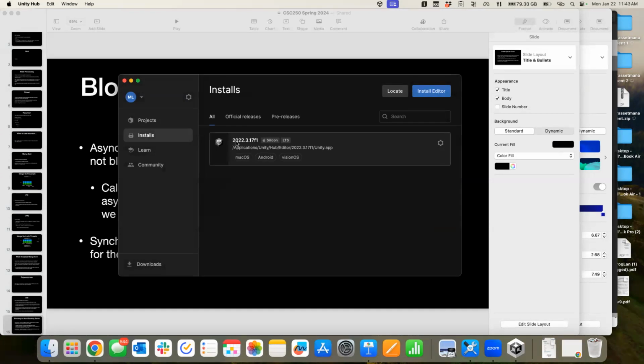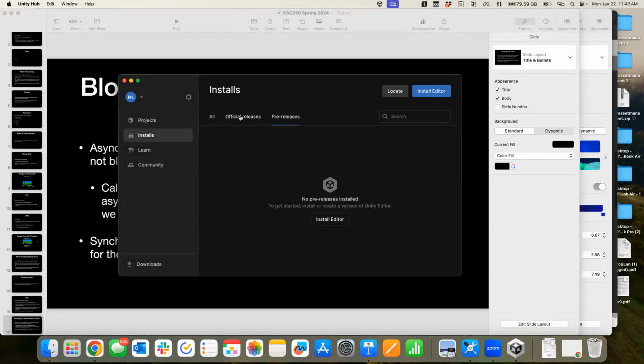So I'm running 2022.3.17 F1. So this is their long-term support. That's what LTS stands for. So this is their version of Unity that is what they would ask you to use if you're making production applications, even though there are some